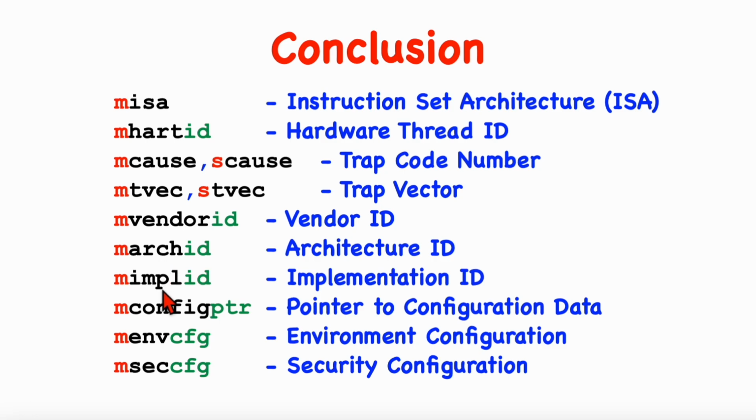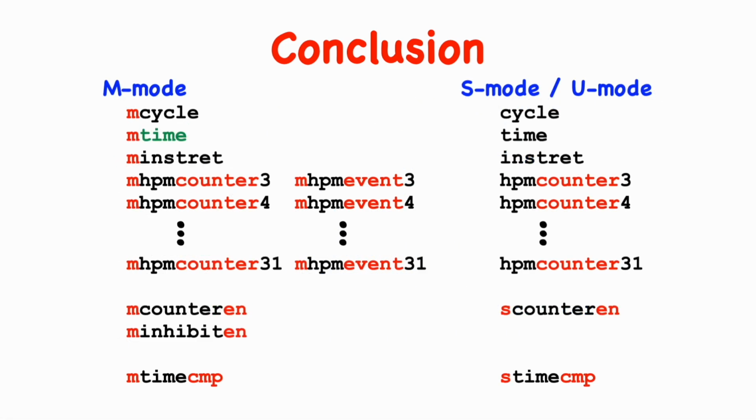And these give implementation specifics about the core. We have the identity of the manufacturer, the microarchitecture of the core, and some additional vendor-specific implementation information. We also briefly mentioned these last three registers, the meanings of which are rather vague and left unspecified in the current RISC-V specification documents. We also described a bunch of registers collectively called the Hardware Performance Monitoring Registers, or the